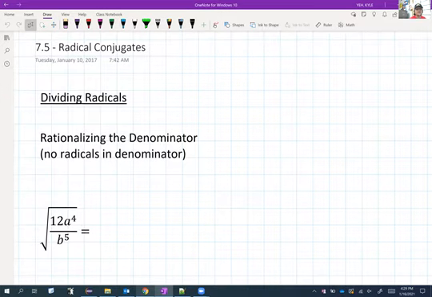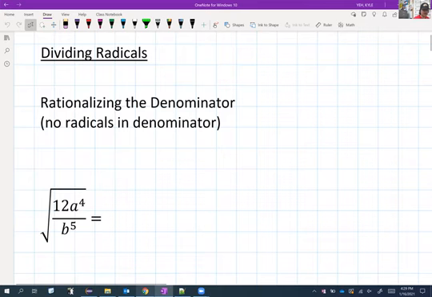We are going to talk about dividing with radicals and specifically rationalizing that denominator, making sure there are no radicals in the denominator, not only square roots now, but nth roots. So just as a review, right here we have the square root of 12a to the fourth over b to the fifth. If we were asked to simplify this, and we always should simplify when we can,